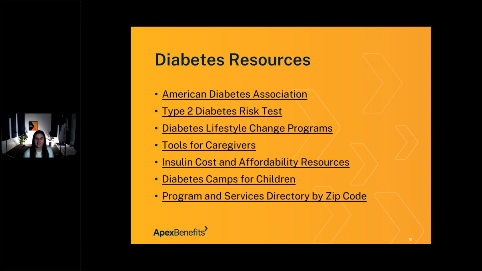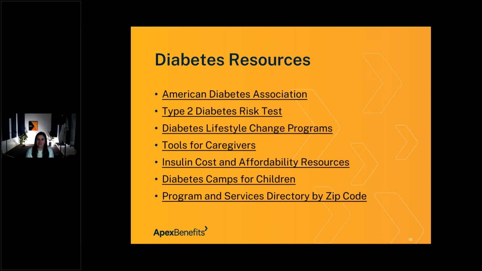So for instance, right here in Indianapolis, we have a lot of YMCAs that partner with our local healthcare systems to provide free grant-funded trainings. It's a great way to meet people that are in similar positions as you, meet new friends, have accountability partners, and just learn more about how do I decrease that risk by almost 60% of this from progressing further on.